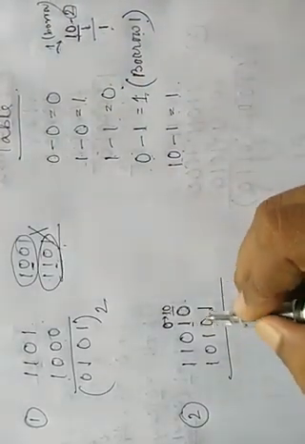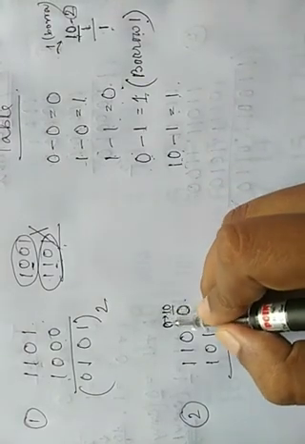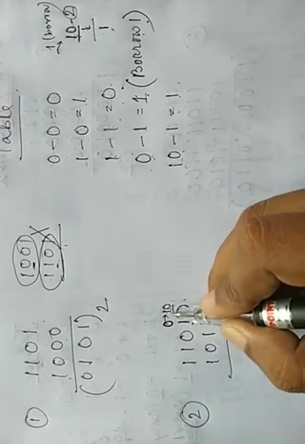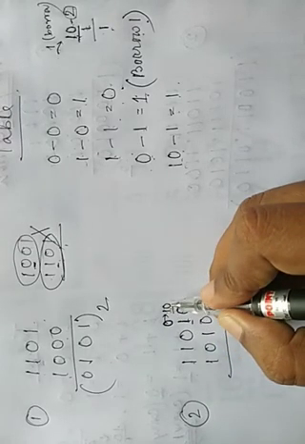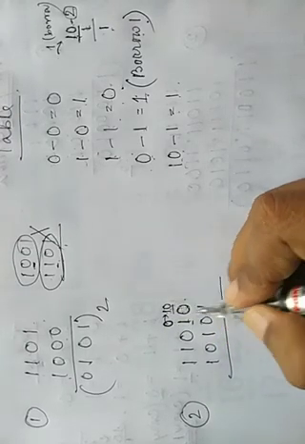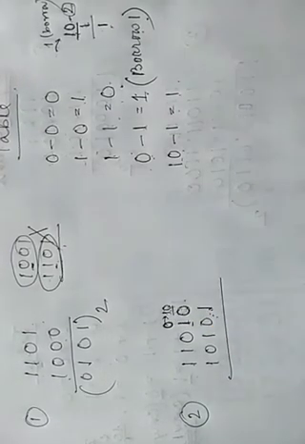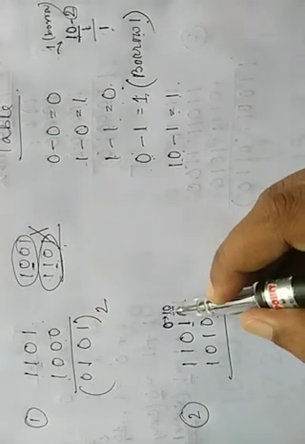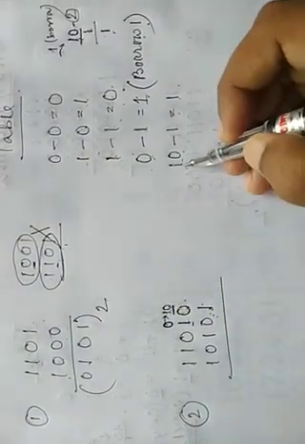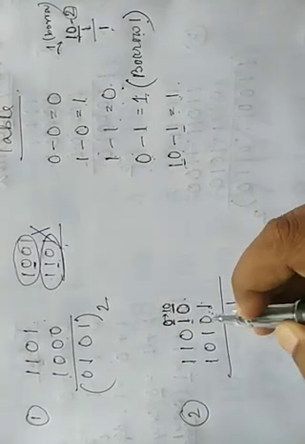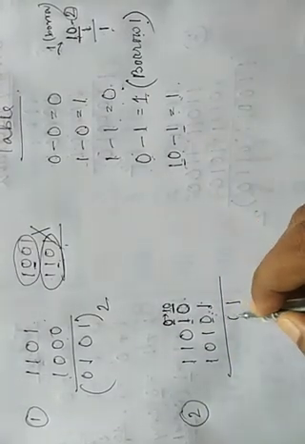Now we have to subtract with the changed value, not with the previous value. At first the changed value should be written at the top of the digit, then perform the subtraction using the top value. So for the top value, now it is 10 minus 1. So 10 minus 1 is 1. You write it here. Here it is 0 minus 0. So 0 minus 0 is 0.